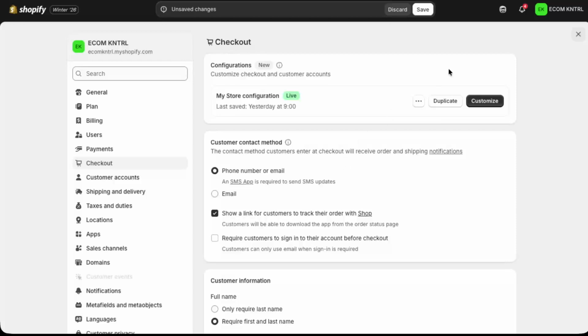Once you've selected the phone number or email option, don't forget to save your changes. Look for the Save button, usually in the top or bottom right corner of the page, and click it. Shopify will then apply these new checkout settings to your store. That's it. Now, when customers go through your checkout, they'll be required to provide a phone number